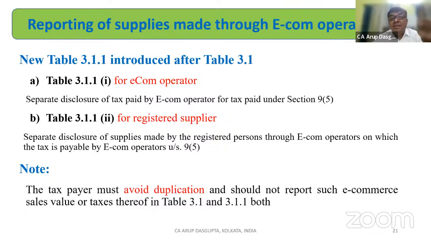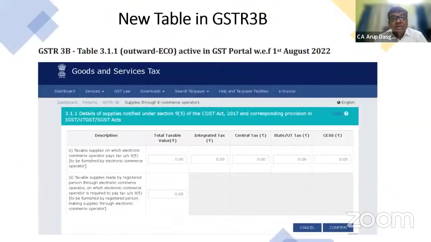They will file table 3.1.1, and what will they do? They will separately show the amount that they had to pay under 9(5), and for the restaurant operators, they will show it in the column 3.1.1(2), on which there is no tax payable. So these are the 2 tables which are there. As you can see, for the electronic commerce operator, he will put the taxable value and the tax, and for the restaurant, okay, or maybe the supplier who is supplying through Oyo,